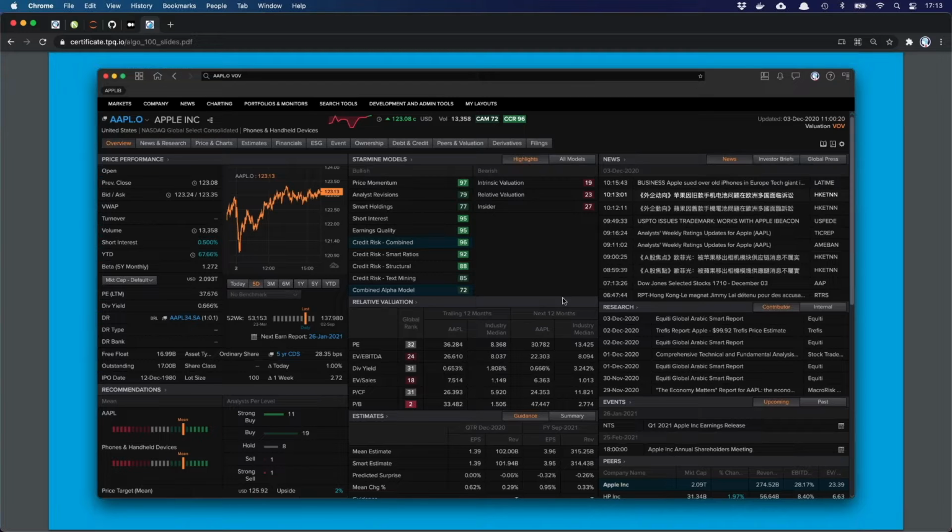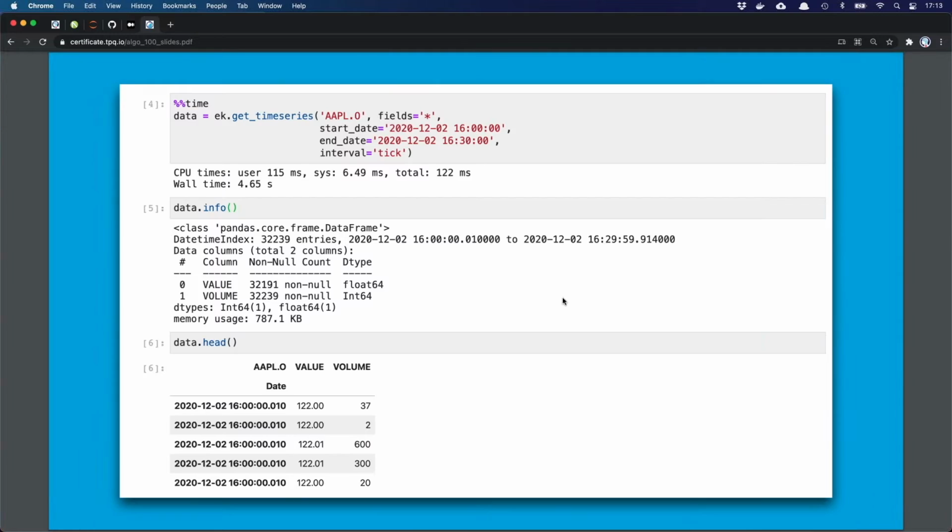Newspapers, put it that way, are not enough anymore, even if people still might have their papers lying on the desk. The age of data-driven finance means that we need to deal with lots and lots of data in this context, right? Finance data. Here you see just a snippet, end of 2020, December, half an hour.